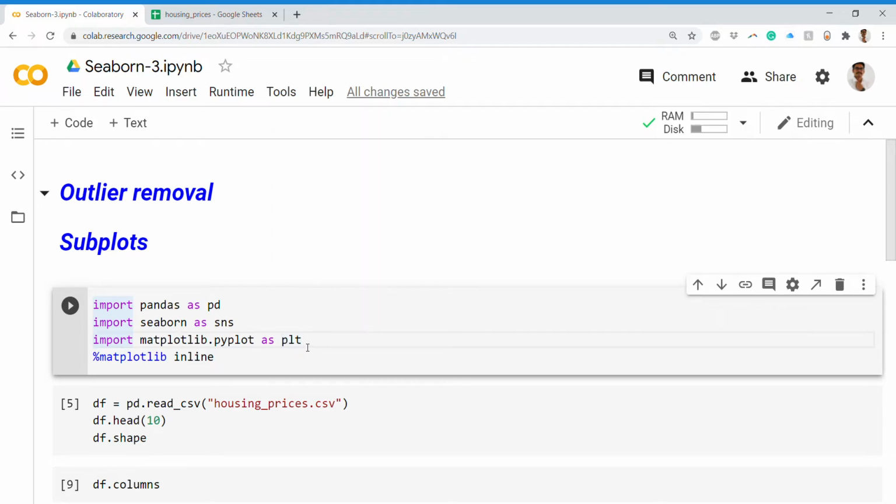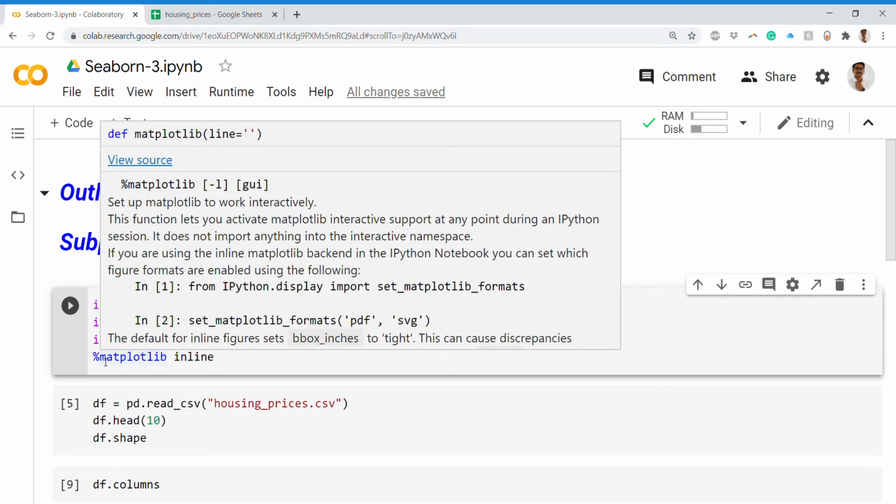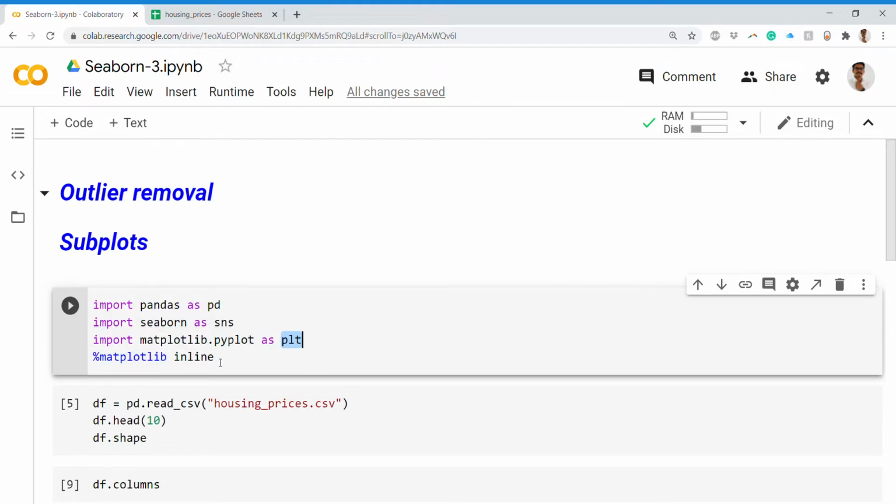Here is a small introduction to matplotlib. We are importing matplotlib.pyplot as plt, and then you can see this matplotlib inline. This line is written because whenever you do any matplotlib plots or visualizations in Jupyter notebook or Google Colab, sometimes due to the version or some other reason, your graphs won't display, so you won't be able to see them on the screen, although they are internally generated.